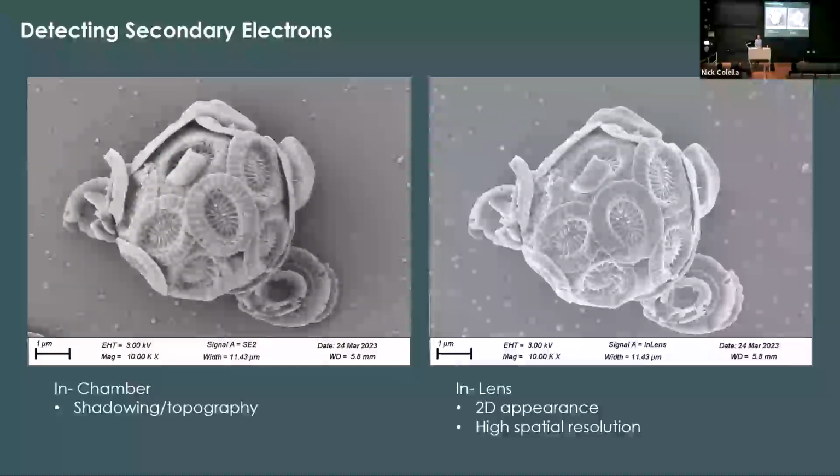And so you can kind of see that here. This is an example of some kind of marine algae, I think, that forms these silica plates on its surface. With SE2 on the left, you get that 3D aspect. You can see this thing looks like a ball. It's got some shadows, it's got some roughness. On the right, we get a little bit better sharpness on some of the more fine details, but the overall image appearance is a little more flat. The nice part is that it's very easy to take both of these either in sequence or even simultaneously, so we can get this information using both detectors without too much difficulty.